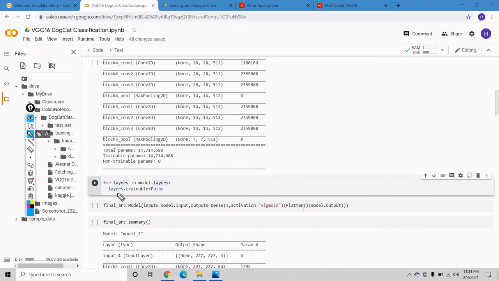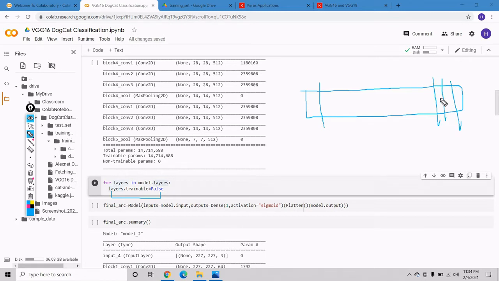This is an important step, because if forward and backward propagation happens, in backward propagation it will not try to update our weights here. So they are fixed, or we can say frozen.